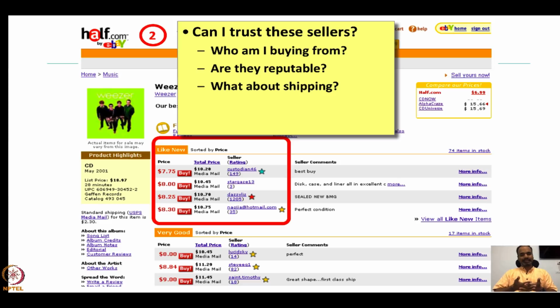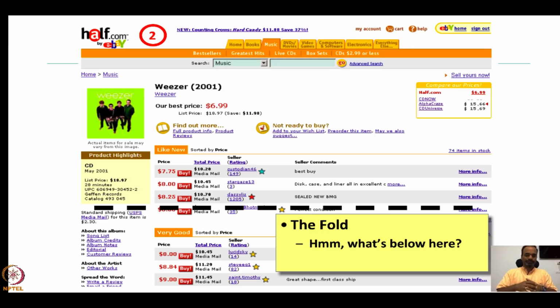And of course, as I started believing, internet users now, people like you and me, live on two things. One is notification, the other one is rating. Right? So ratings are the primary way by which we make a lot of decisions. You want to go eat somewhere, you're looking at Zomato, Yelp, where the ratings are the ones that you use primarily to decide whether you want to go eat there. Similarly, whether I want to buy the book from this seller, I'm going to use this rating. Rating information is available for me here, and of course, above the fold is the information that you want to